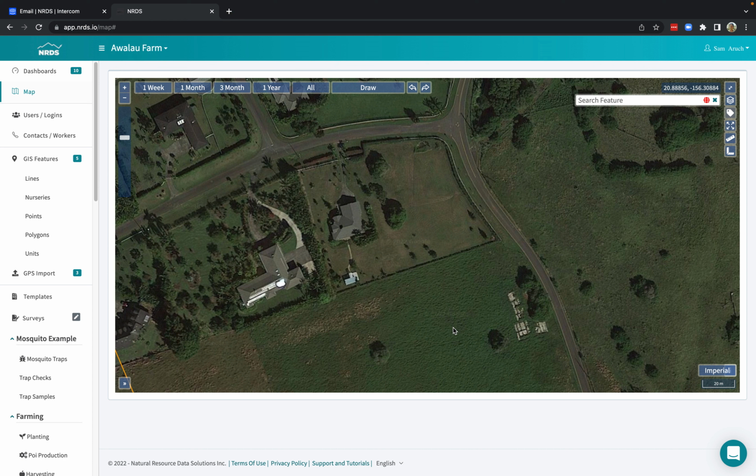Hello, this is a quick video that's going to show you how to use the measure tool that we've just added to the NRDS web application. So we have our map right here, and to use the measure tool, I'm going to click